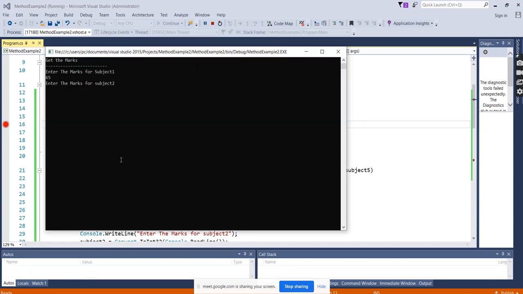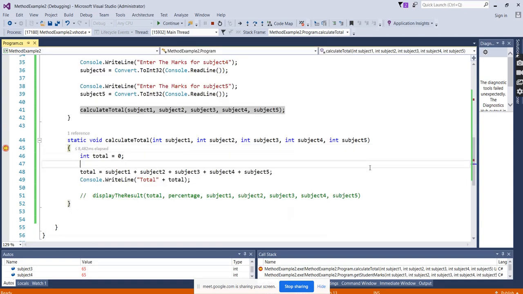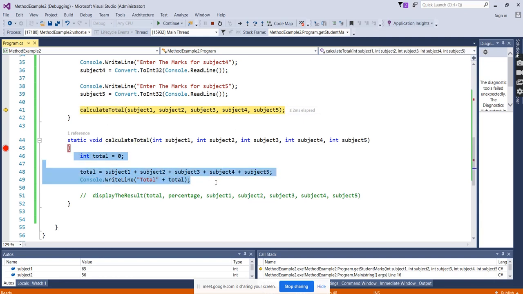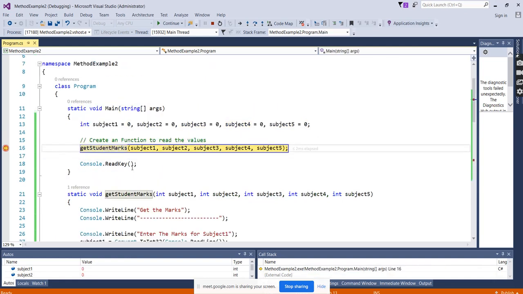Just we'll quickly enter the marks. Okay, it came to total here, right? See, it came back to calculate total because it is called from here. After doing the calculation, after doing all the logic whatever you have mentioned, it came back to where it was called.